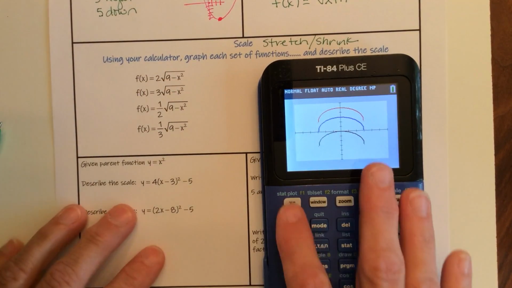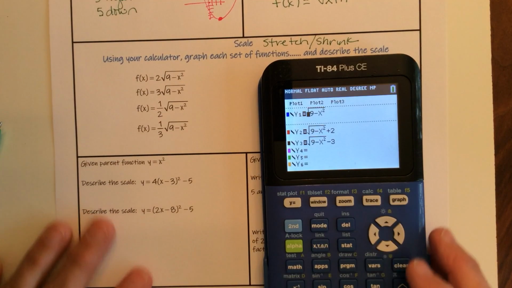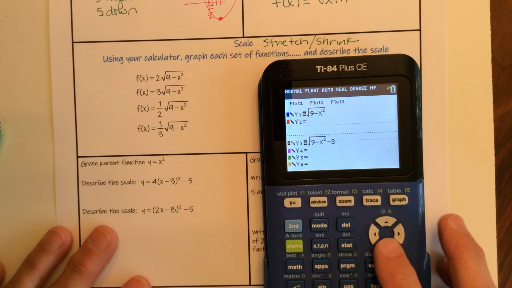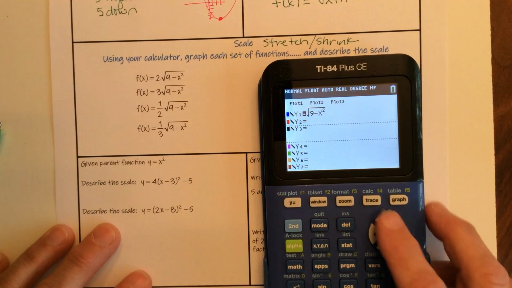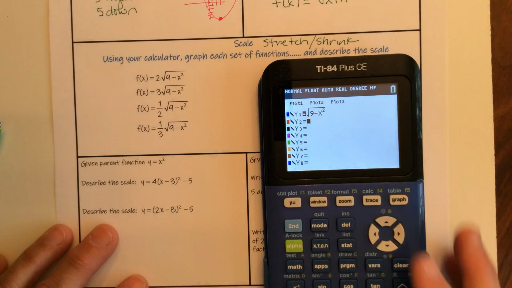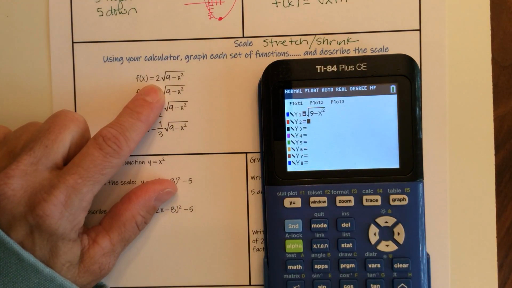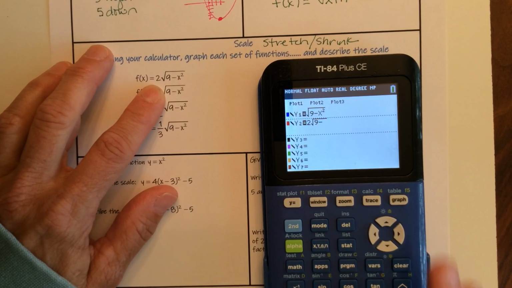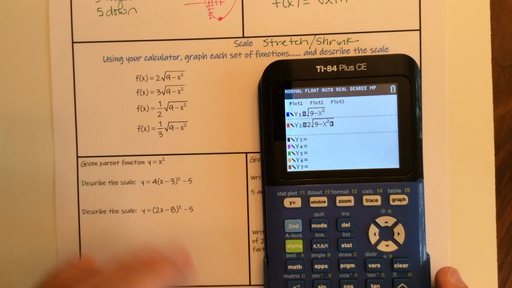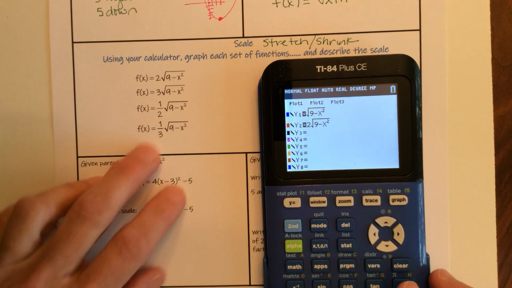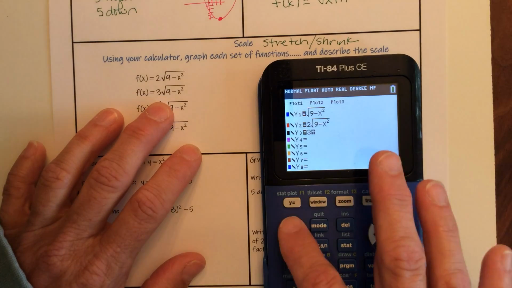I'm going to go into y equals, and I'm going to keep y1, but clear the rest. Go back to y2, and let's type in 2 times the square root of 9 minus x squared,